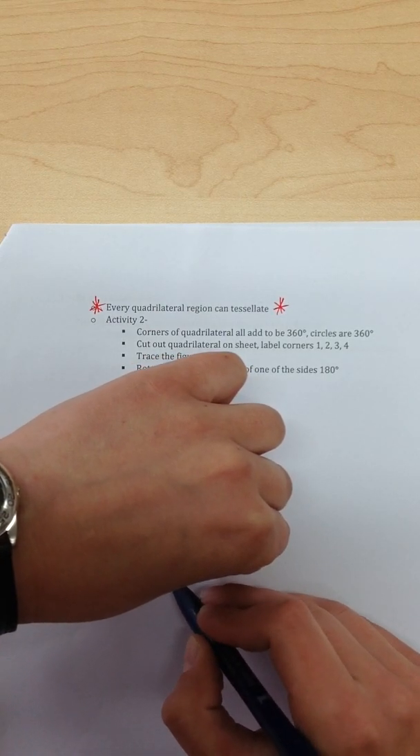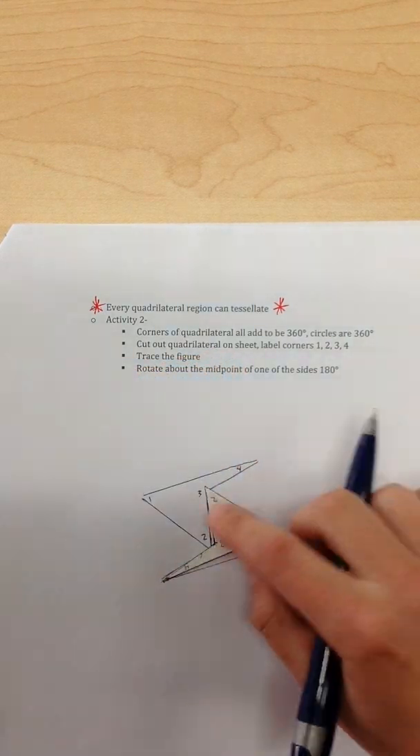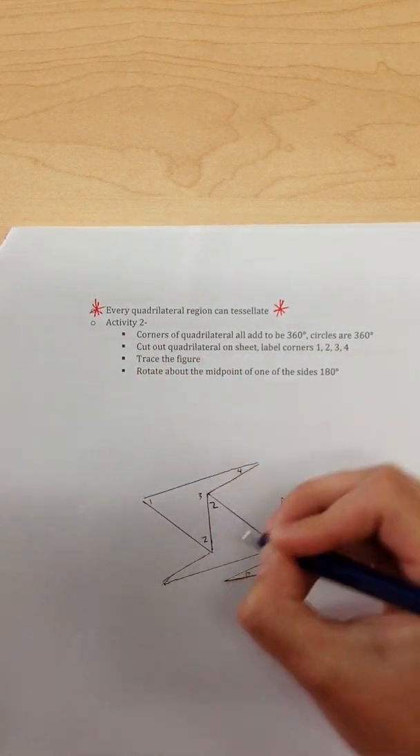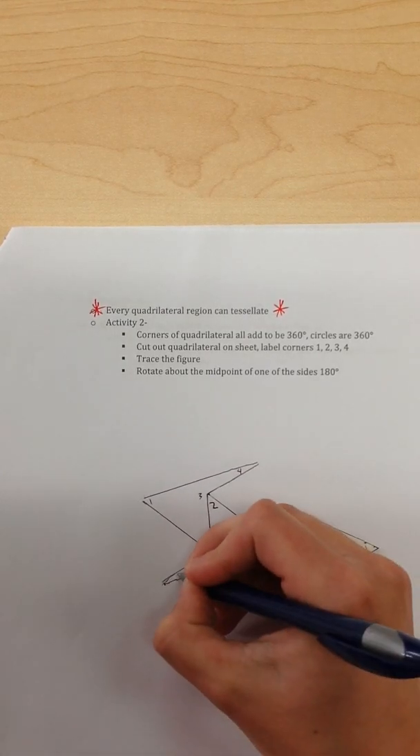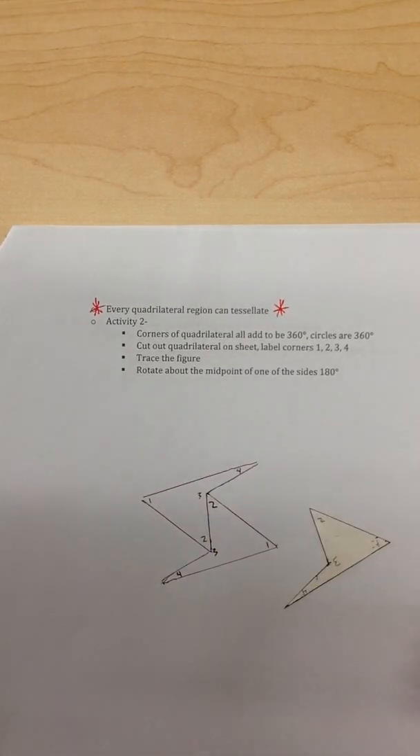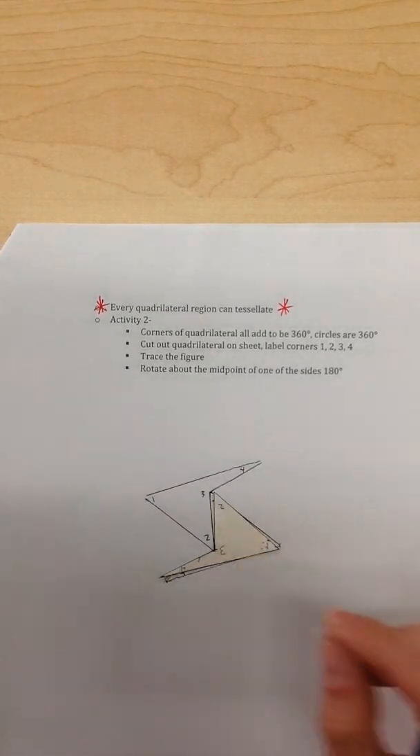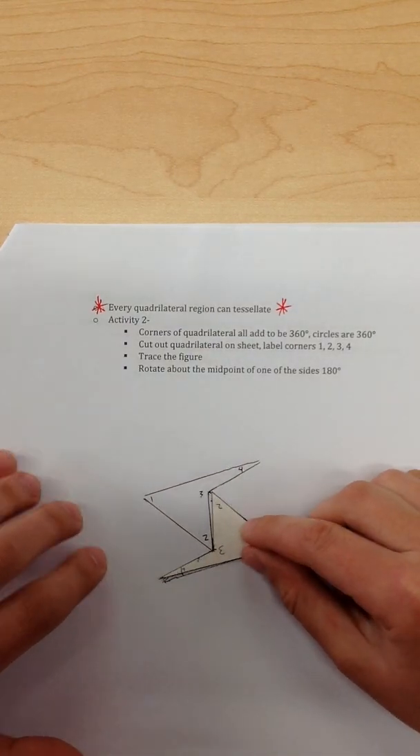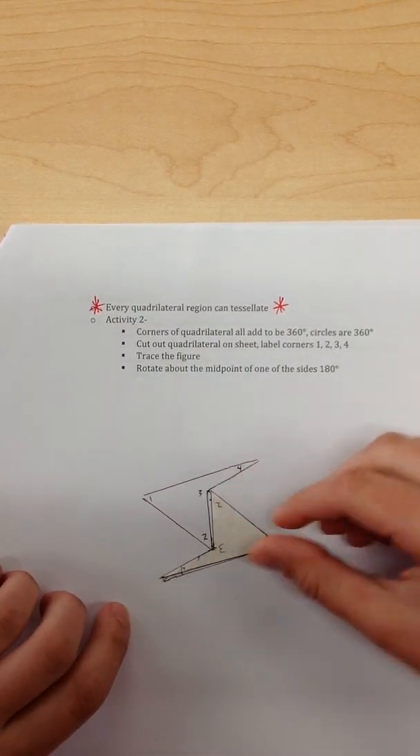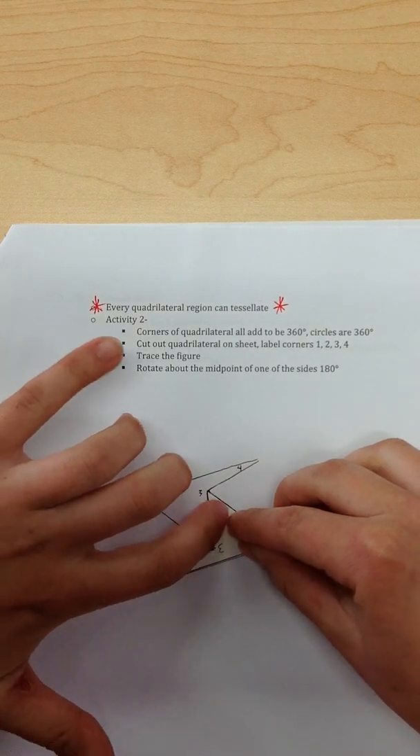Just do your best. I know it's hard with these little tails. Okay, and then I'm also going to label this. So that was 2, that's 3, little one is 4, and then that one's 1. Now I'm going to rotate again off a side. So basically, if I rotate off my side 1, 2 here, I'm going to rotate